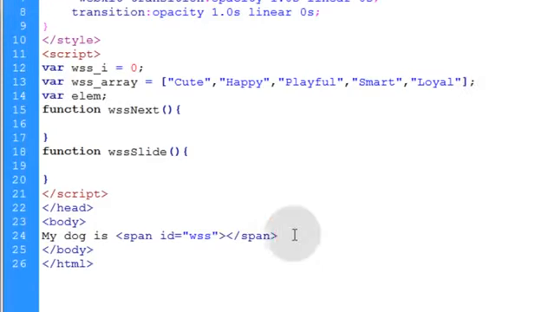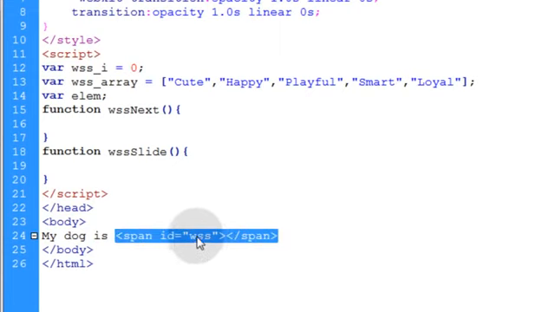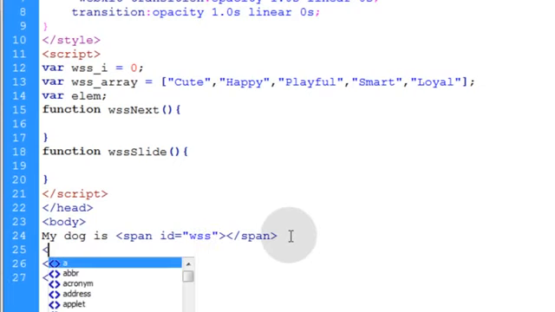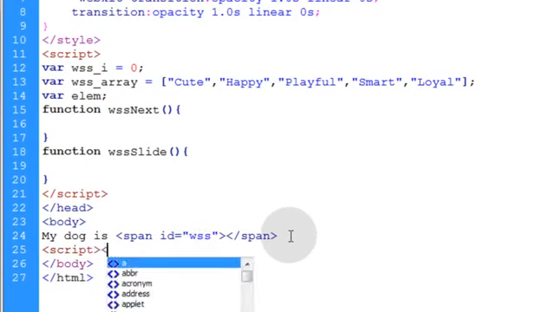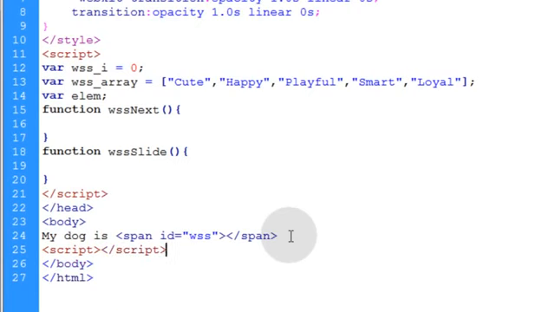Okay, now all we have to do is go into the HTML, and anywhere after the element that you're targeting, which in my case is this ID of WSS, I'm going to put in a new script tag right here, and I'm going to make sure I close that script element. Actually, let's give this LM variable a WSS prefix there. So let's take that variable name, and after the element on the page is loaded, that means when it's ready in the DOM and we can then script to it, we're going to type in WSSLM is equal to